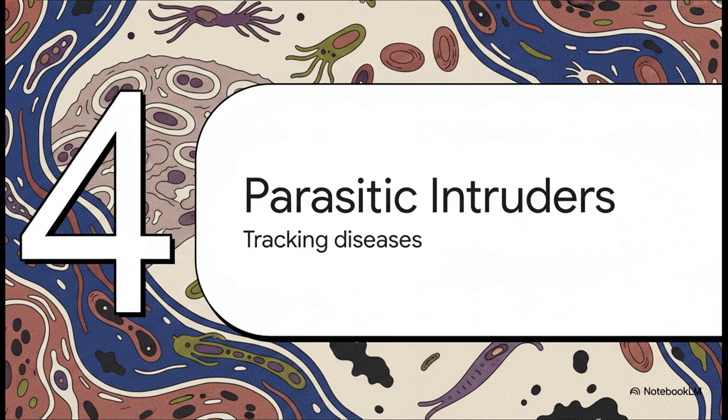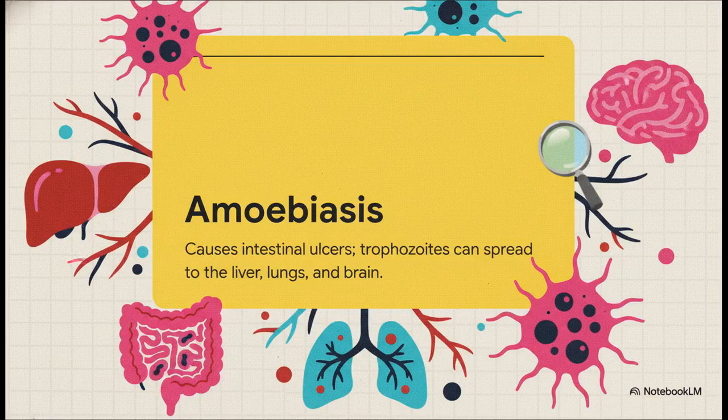parasitic intruders and clues. Let's track some protozoal and helminthic diseases. Let's start with amoebiosis. It primarily causes intestinal ulcers and these distinct masses we call amoebiomas. But here's the catch, amoebas don't like to stay in the gut. Those tissue trophozoites can dangerously spread right through the bloodstream. Identifying those trophozoites early in a biopsy is what prevents severe, life-threatening abscesses from taking hold in the liver, lungs,